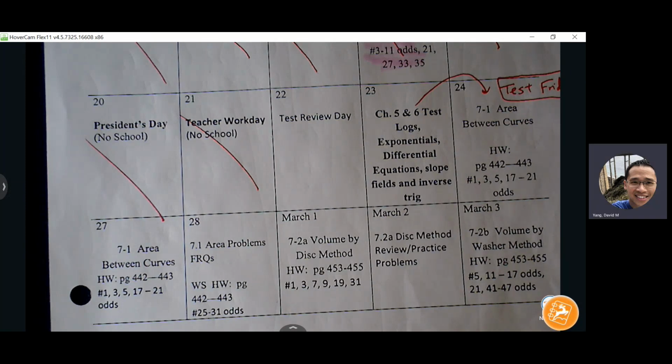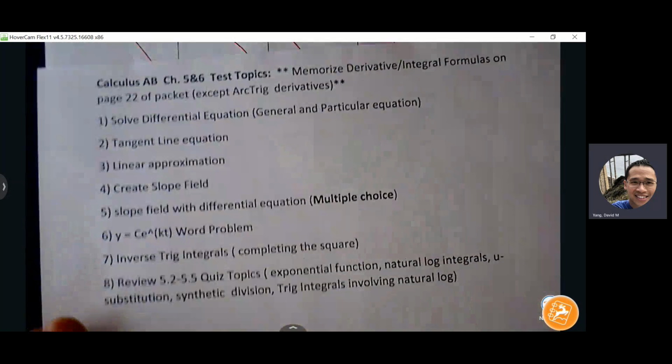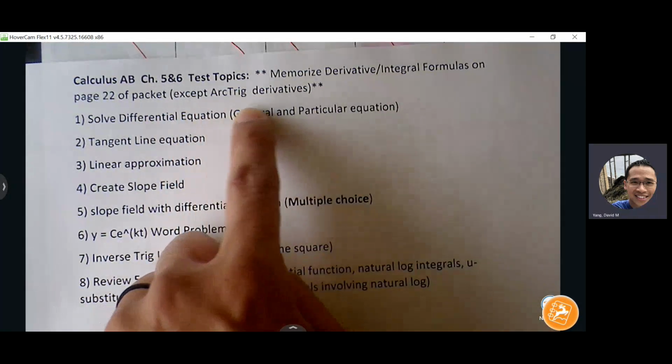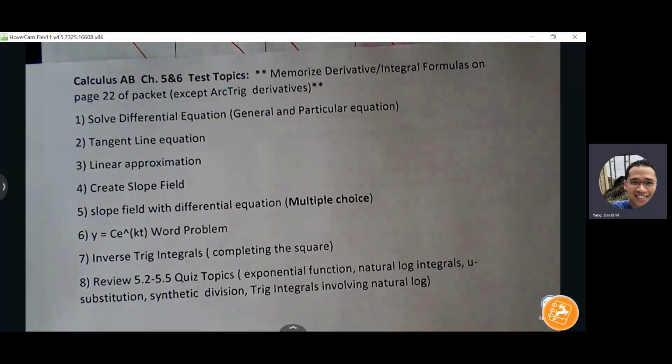Okay. So also you guys picked up the test topic sheets, which I also have on my website. Just again, want to kind of go through what to expect on the test. So page 22 in your packet, you have the formula sheet for you to work off of to know what to